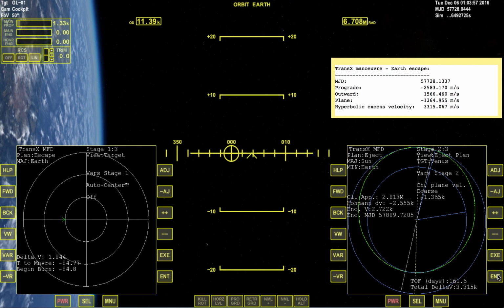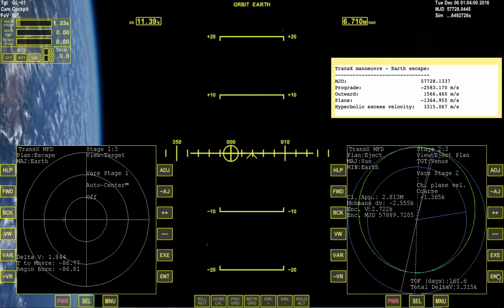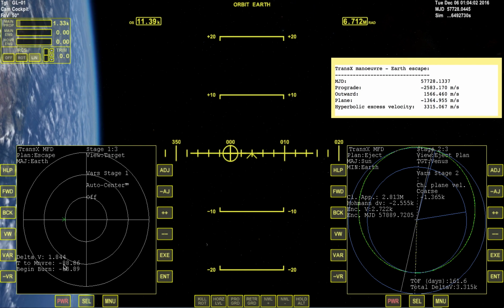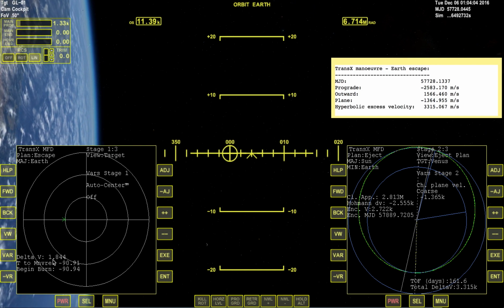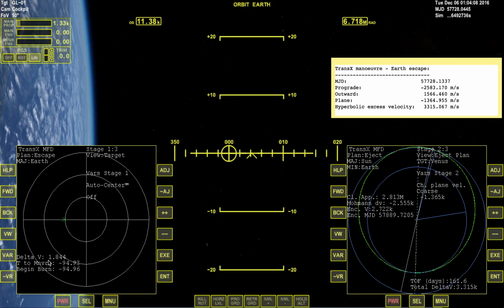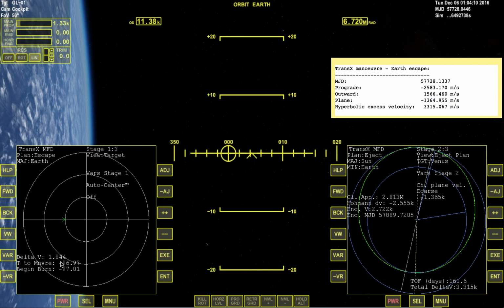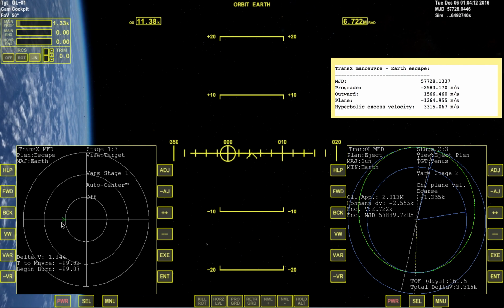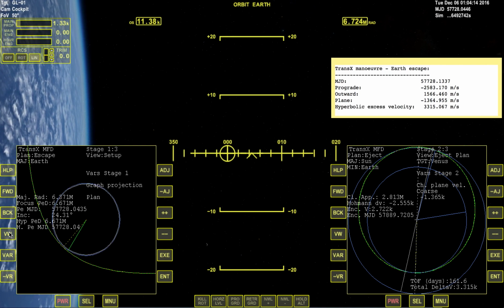So go back to the TransX view. So that's our burn completed. And we are a little bit light. It stopped early. We really needed another 1.844 meters per second. So let me just go back to the